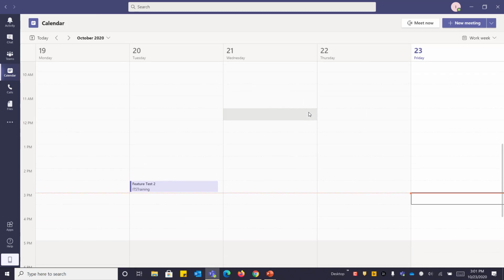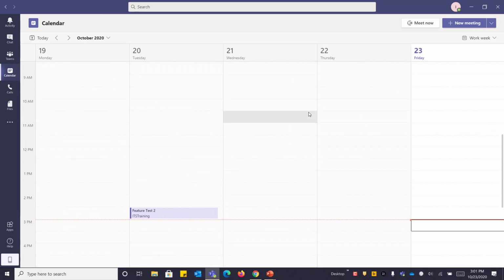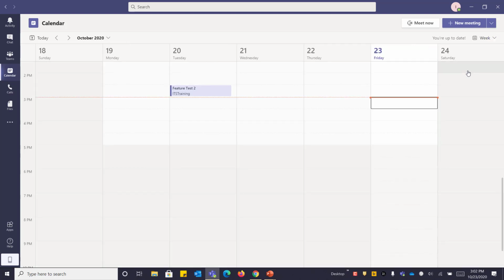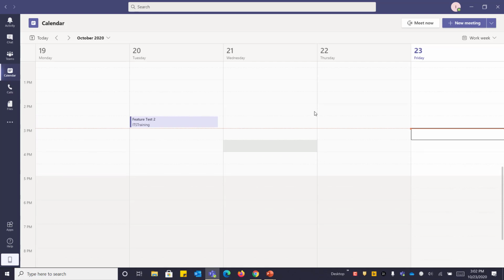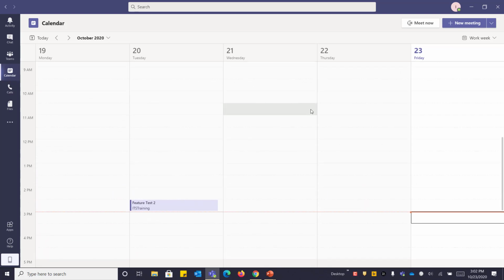All right, so my calendar by default is in week view or work week. And if you would like to change that, you can click the work week dropdown at the top right, and you can look at it either as a day if you want to just see your day schedule. If you have a lot going on, that might be the option for you. Or you can just switch to standard week instead of the work week. If you prefer to see the Sunday and the Saturday, then you can do that too. But to keep things simple, neater overall, work week I think is preferred.